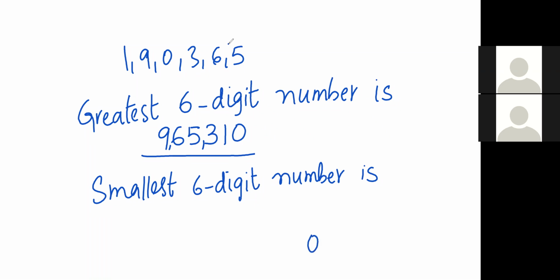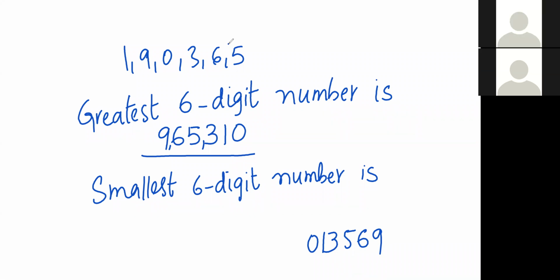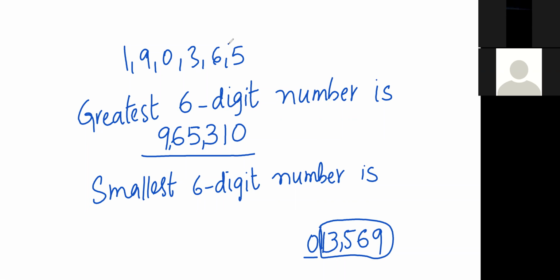See, if I take 0, suppose as the least number. Next least number is what? 1. Next least number is what? 3. Next least number is what? 5. Next least number 6. And then 9. I have gone in the ascending order, but a little problem arises here. If you place 0 firstly, then as it doesn't have any value, if you place 0 in the left of a number, then you will be getting only a 5-digit number. But here he asked the smallest 6-digit number, right? For that sake, you should not take 0 in the first. This is the wrong method to take 0 as the starting digit.